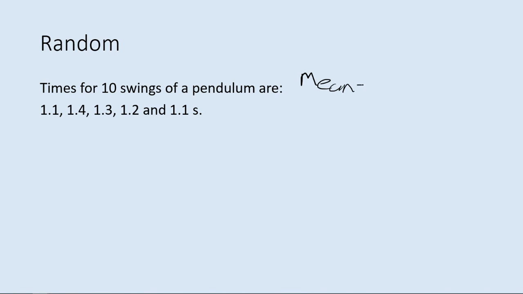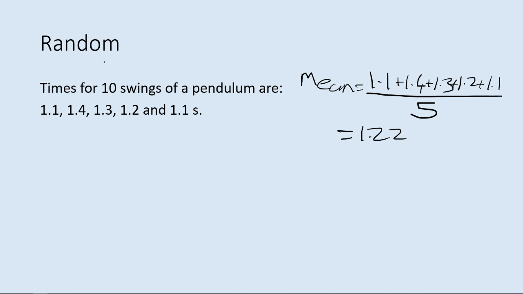So the mean is just the sum of all the values. So that's 1.1 plus 1.4 plus 1.3 plus 1.2 plus 1.1 divided by, and we've got 1, 2, 3, 4, 5 values. So that would be divided by 5. So I'll stick that into my calculator. So that comes out to be